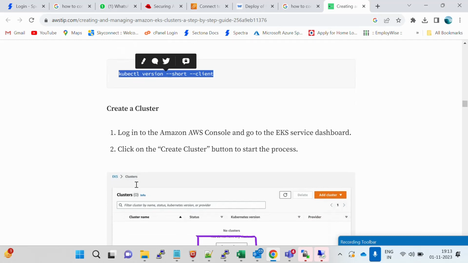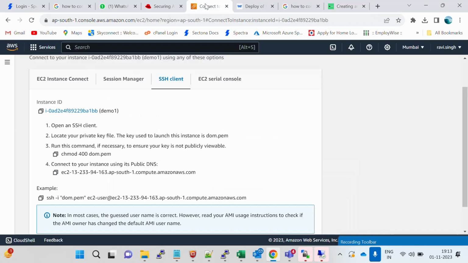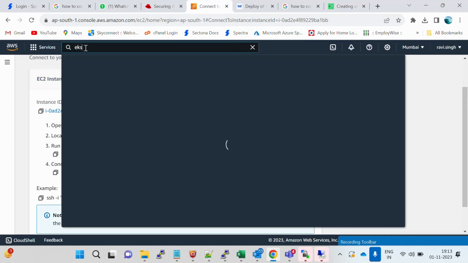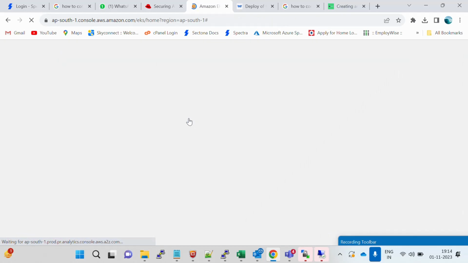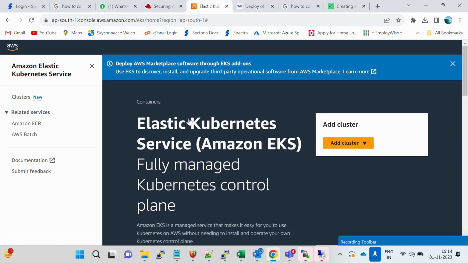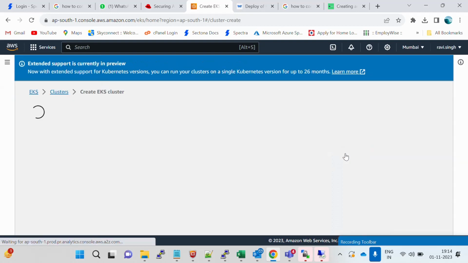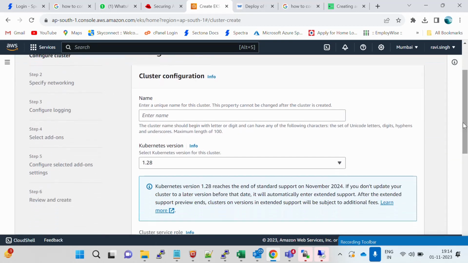Okay, so let's create the cluster. I type EKS, Kubernetes services, add cluster, click on create, then type here my EKS cluster. Okay, my EKS cluster